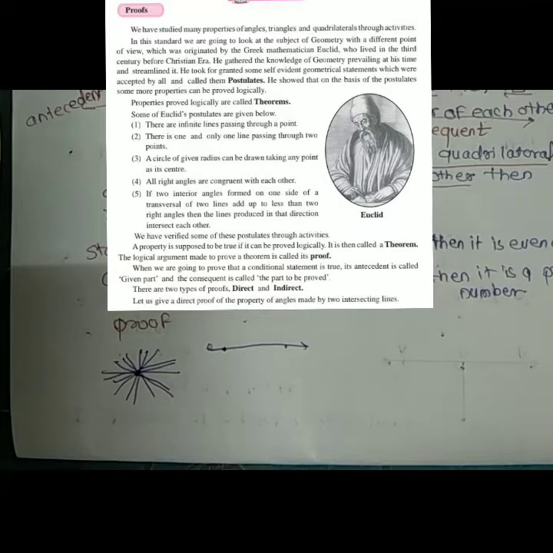Fifth postulate: if the two interior angles formed on one side of a transversal of two lines add up to less than two right angles, then the lines produced in that direction intersect each other. We have verified some of these postulates through the activity. The property is supposed to be true